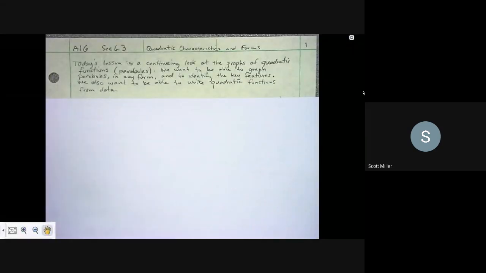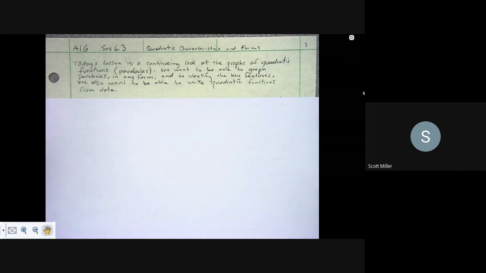Okay, so today we're going to be looking at section 6.3, and in this lesson we're going to continue to look at the graphs of quadratic functions. Remember, the graphs are called parabolas. So if they talk about a parabola, they're talking about the graph of a quadratic function. We want to be able to look at the graph